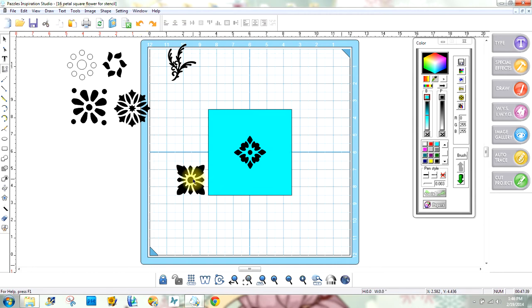So I want to do this, but when I go to place this, it's going to be too big, first of all, and I also need to shrink it down. I don't want it to be that big. I want this to be the center of attention, and this one here just kind of like another accentuation. But I need to make sure that it's directly in the corner, and I also want to make sure that I have a 1/4 inch rim around the inside of this box that does not have any cutting on it